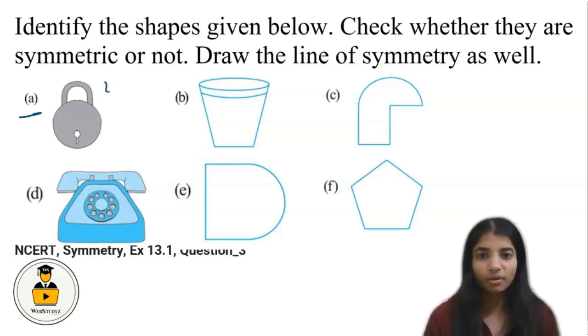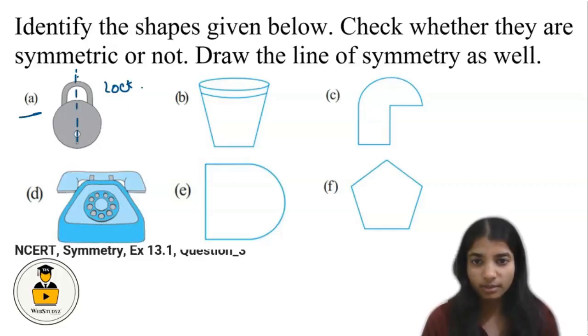This is a shape of a lock. We have to check whether it is symmetric or not, and we also have to draw the line of symmetry. So the line of symmetry is basically that line. By drawing that line, we get the shape in two parts, and the two parts of that shape must be identical. So if we draw the line of symmetry through this center, we get the shape on both sides, and we can say that from here both the sides are equal. So both the sides are equal in this case, so we can say that this is symmetrical